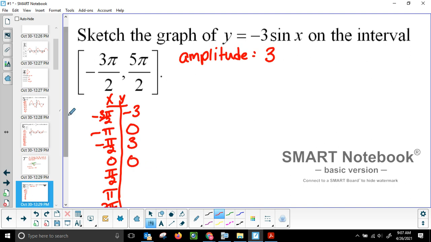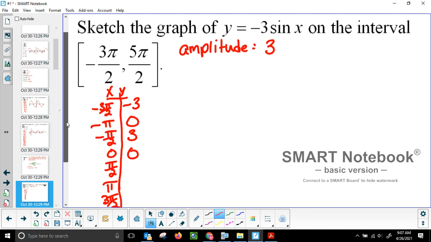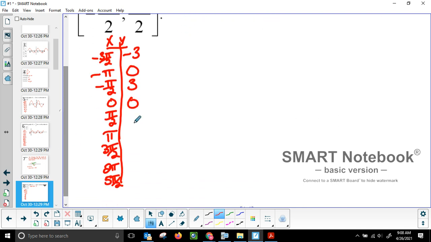All right, and then basically we've gone through one full period here, so we just repeat the process. So -3, 0, 3, 0, -3. All right, so if we want to graph this thing,